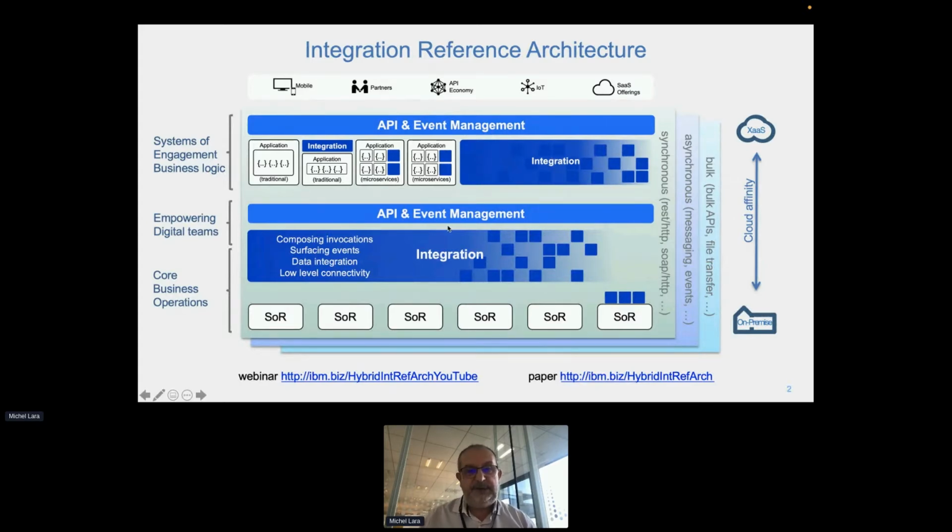This is a short vision, just to say that there are different layers traditionally to manage API, with a lot of business logic in this area.